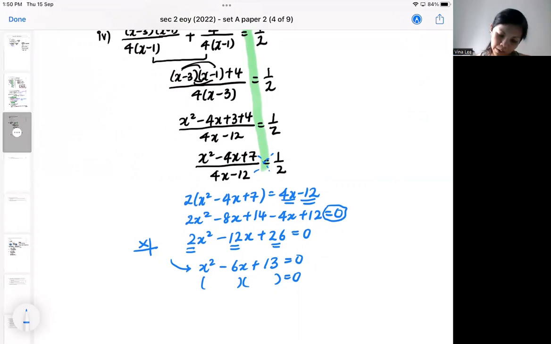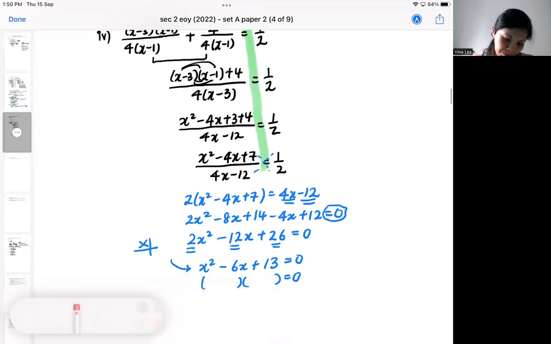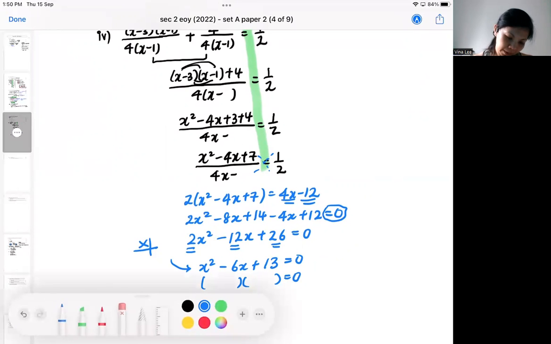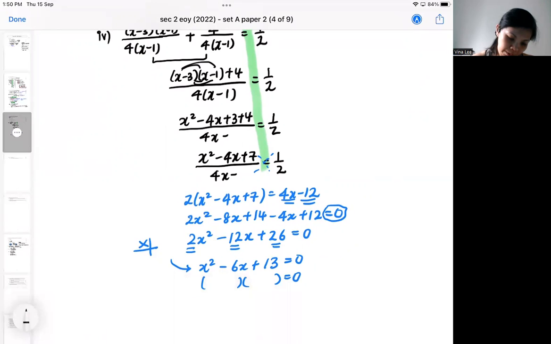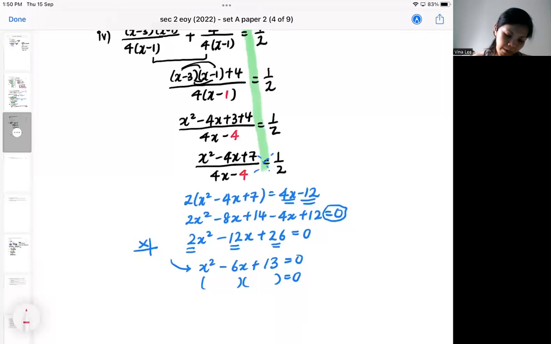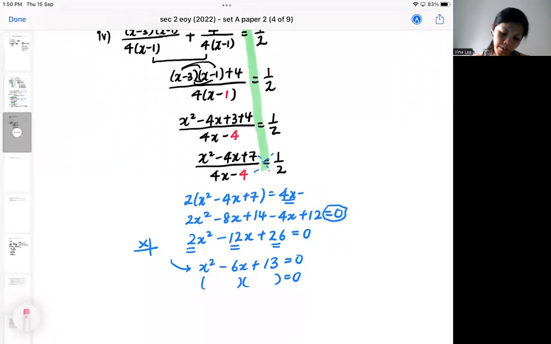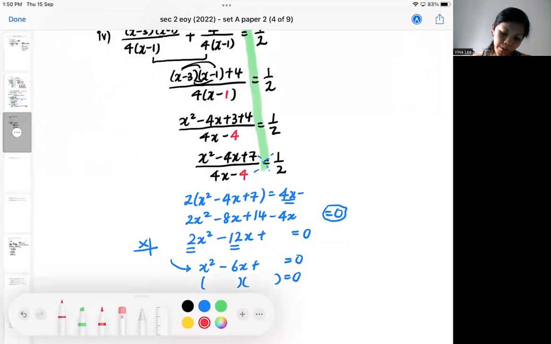I think I made a careless mistake. Hang on. This is a careless. Copied wrongly, so this should be a 1. Okay. So there's a careless here, careless here, careless here. So my cross multiplication also got careless. So when I cross multiply,